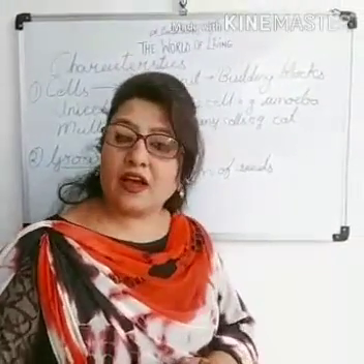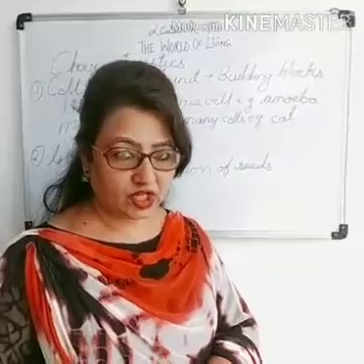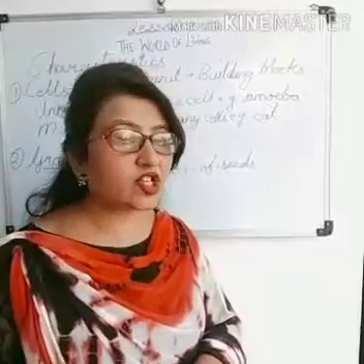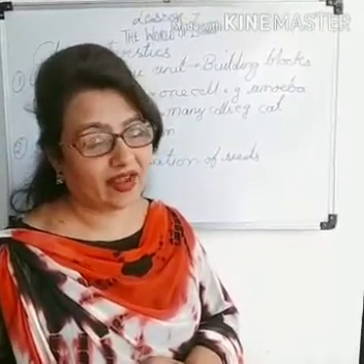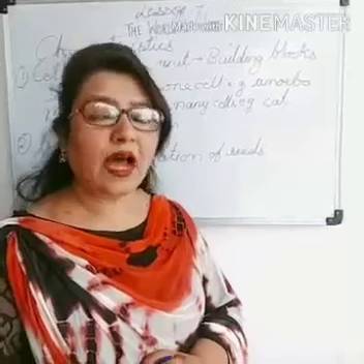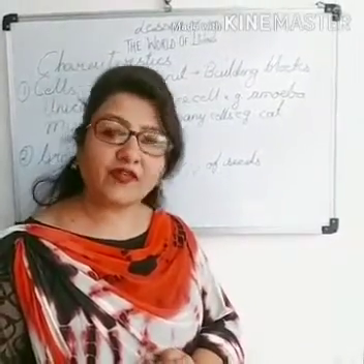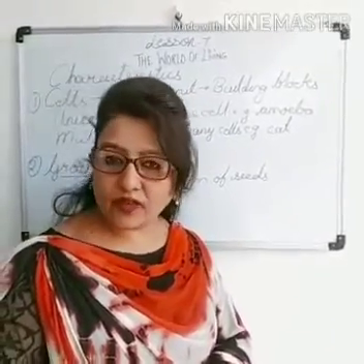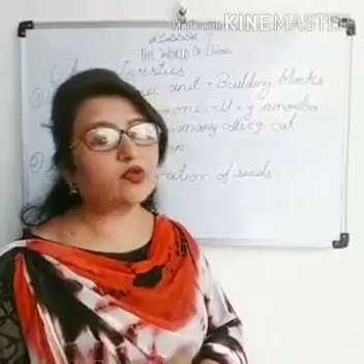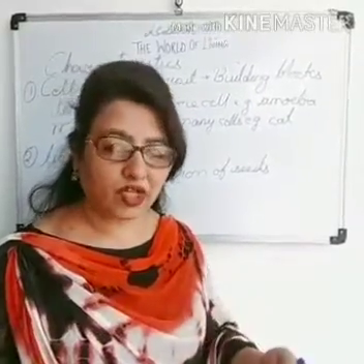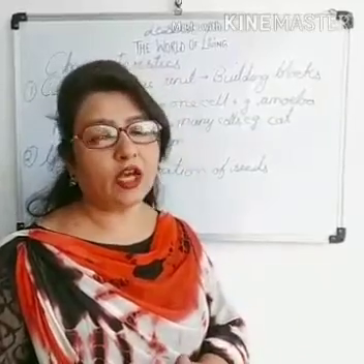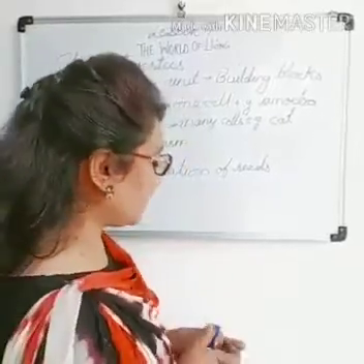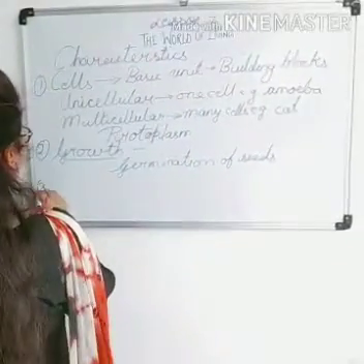The next characteristic is that living things show adaptations. Adaptation is the ability to adapt according to the changes in the environment. For example, a fish lives in water because it has gills for breathing and fins for swimming. These are only two characters that I have told you. These are the adaptations which the fish has developed in its body to survive in its environment. So the third point is adaptation,